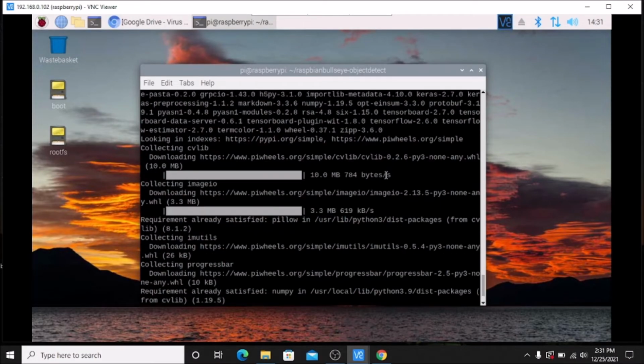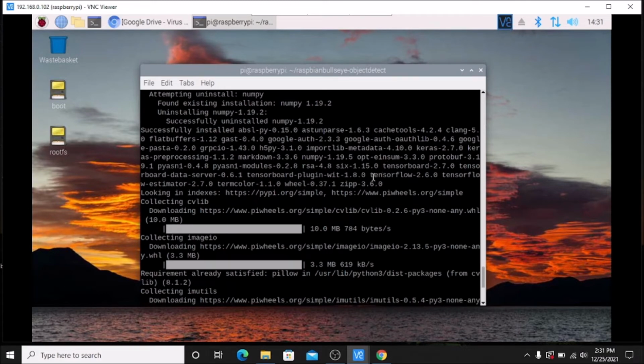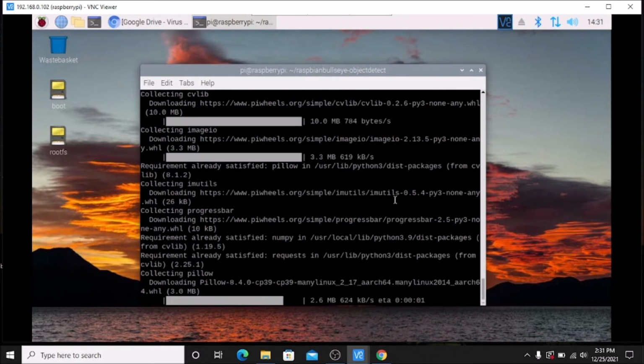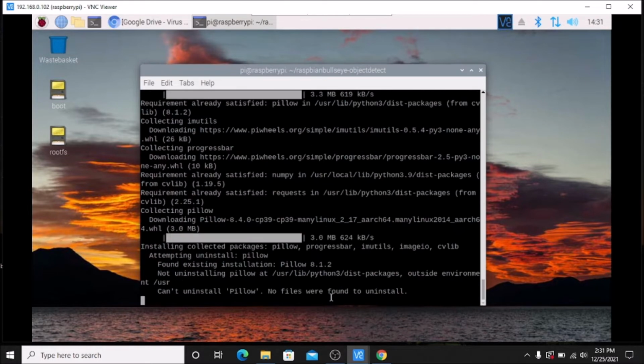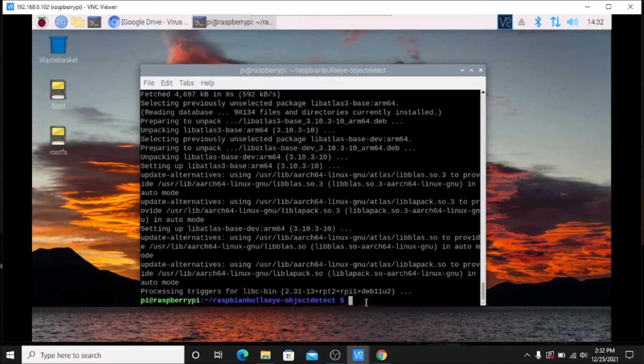As you can see, if I just scroll up here, this is our TensorFlow package. Okay, so now it's installing the CVLIB package. Okay, so friends, as you can see, we have completed our second script, install2.sh. Now we have the OpenCV, TensorFlow and CVLIB packages ready. So we are going to test these modules.